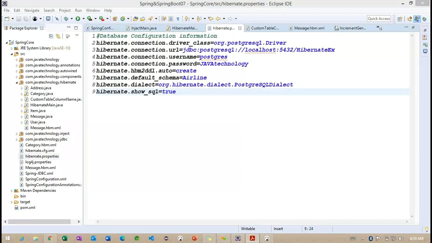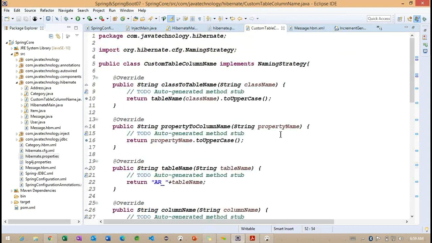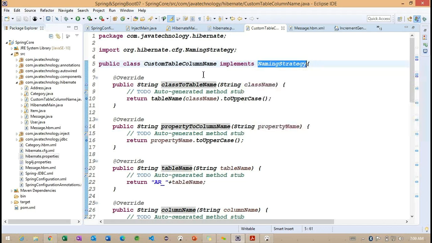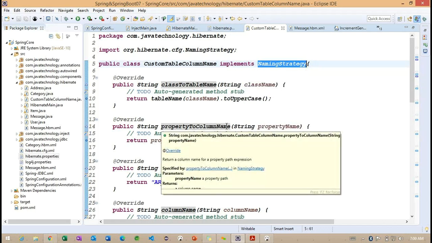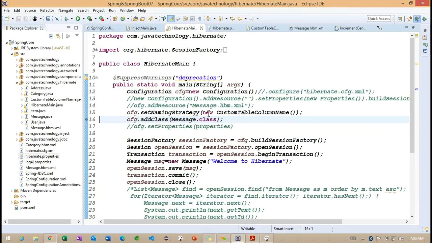Good morning, everyone. In the last class, we were discussing this particular generator strategy, and later we identified the custom naming strategy. Basically, we are having some error with this class because we are trying to implement this naming strategy, so this class is not able to be called.